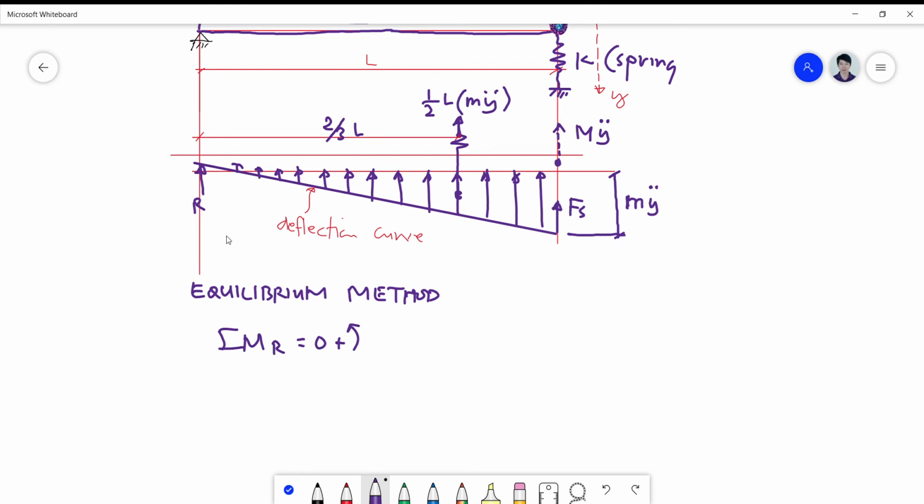Of course, your reaction becomes 0. So we have your first force, 1/2 m l y double dot multiplied by 2/3 L, plus the spring force Fs multiplied by